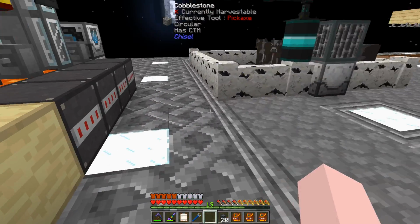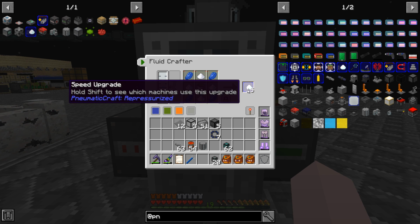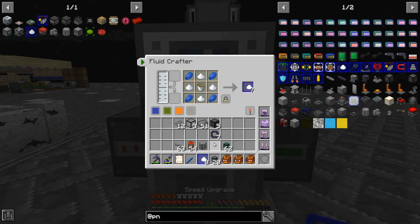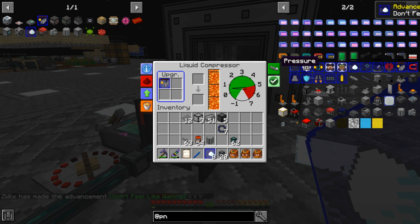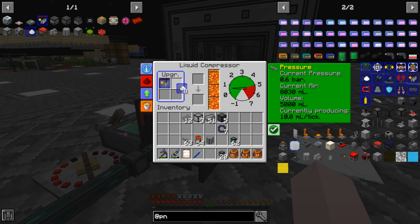All right, so now let's make this thing go faster. Actually, I didn't need that many. I only need like 8. I wasn't counting correctly. So now, if we can see, our pressure here is 10 at this point. If we put one of these in, it goes to 15. Two of these in, 23, 34, 51,